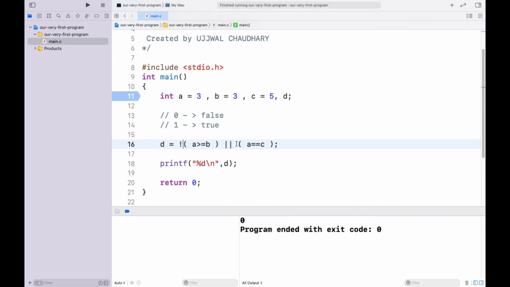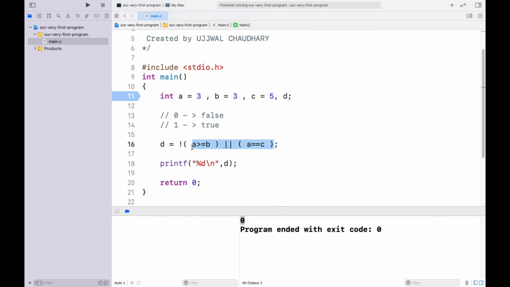Why is it giving false? The output here is 0. A is not equal to C, obviously, so the right-hand side of the OR operator is 0. And next we have this. The output of this is obviously true because 3 is greater than or equal to B. But we have a NOT operator, the NOT of this, which will be the opposite, so it will result in 0. So 0 OR 0, the answer will be 0.